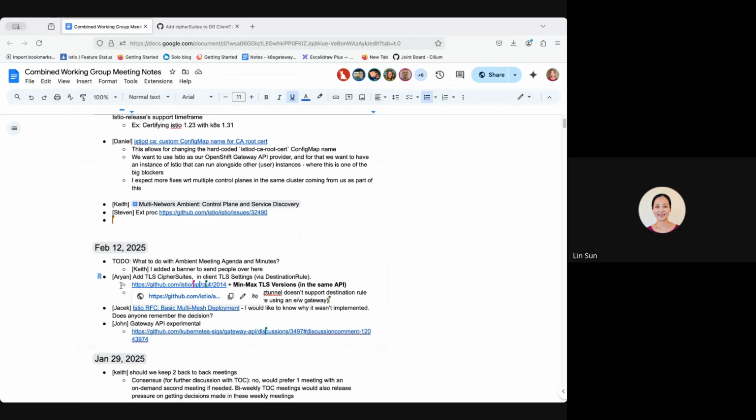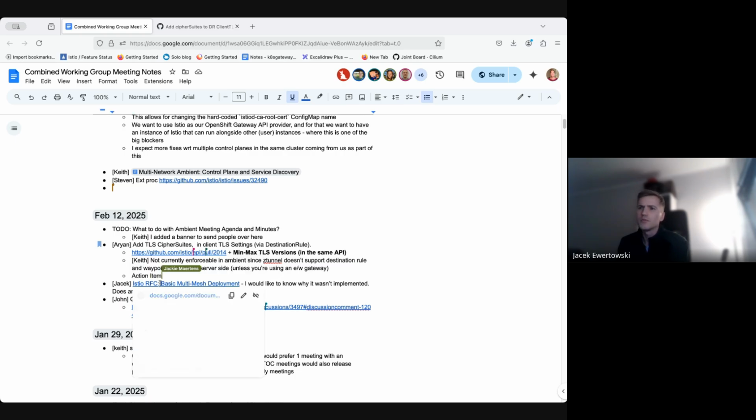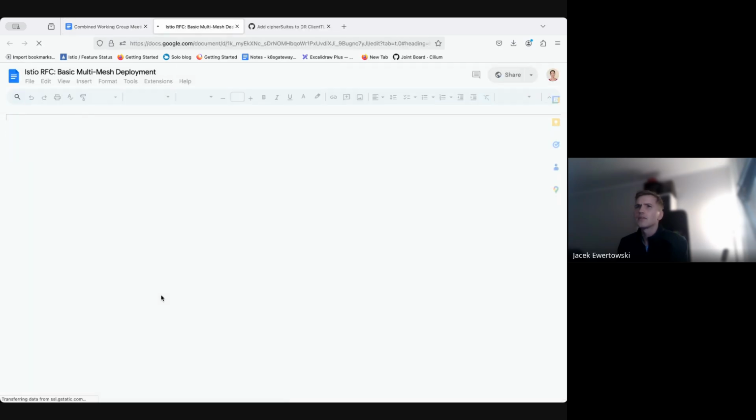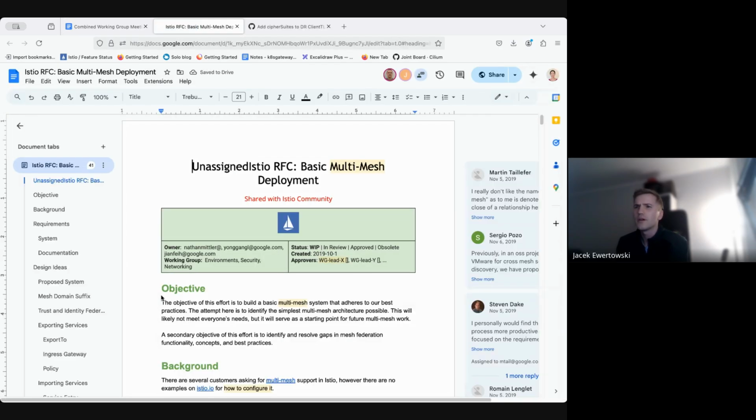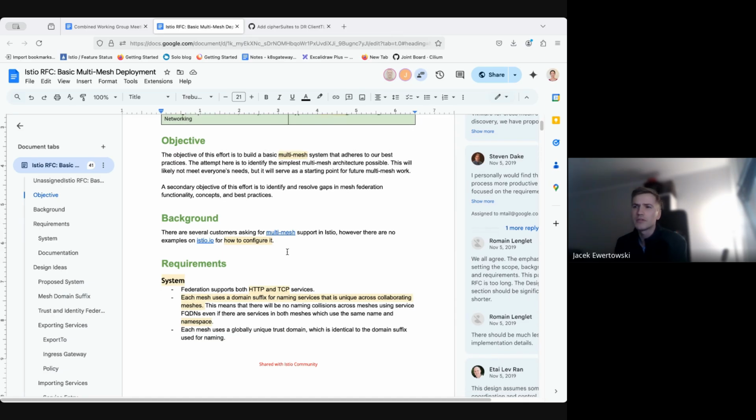Yes. Hello. I wanted to ask if you remember that proposal about multi-mesh deployments, written a long time ago by Nathan Mittler, before I was in the project. The document doesn't include any conclusion on why it wasn't implemented.